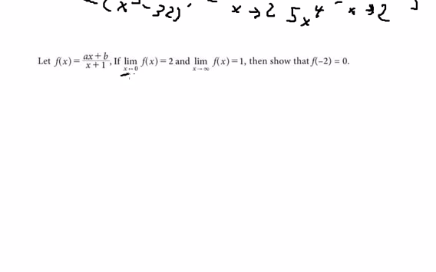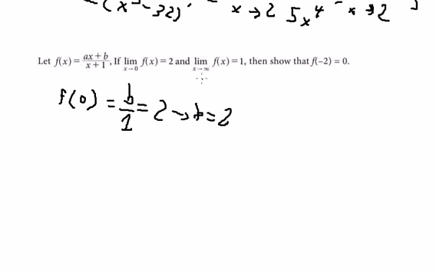So for the first one, when s approaches 0, we just put f of 0 in here. So you get b over 1. And this one equals 2. So we find the value of b equals 2. When s goes to positive infinity, we have f of infinity in here. If we look carefully at this one,